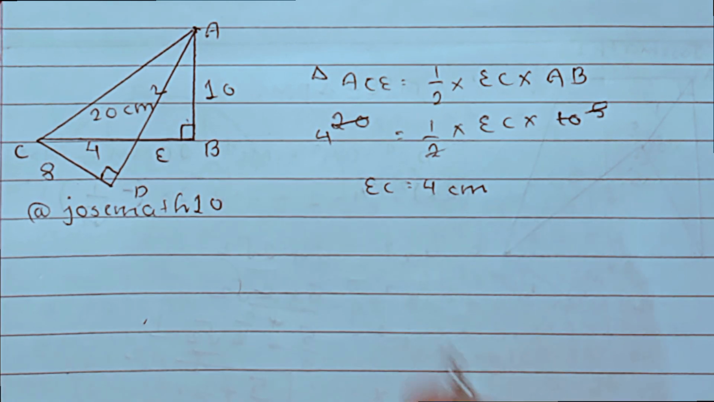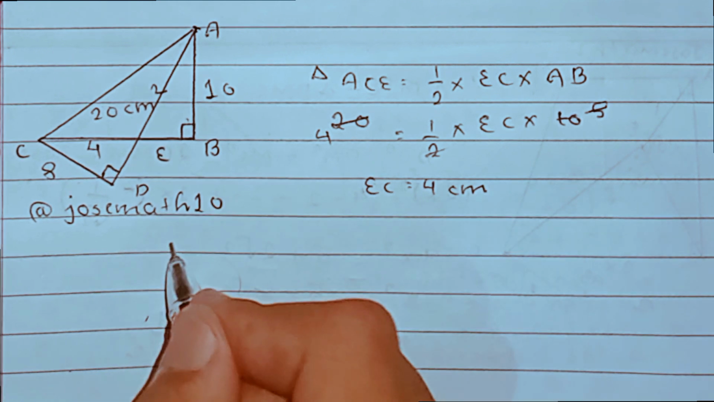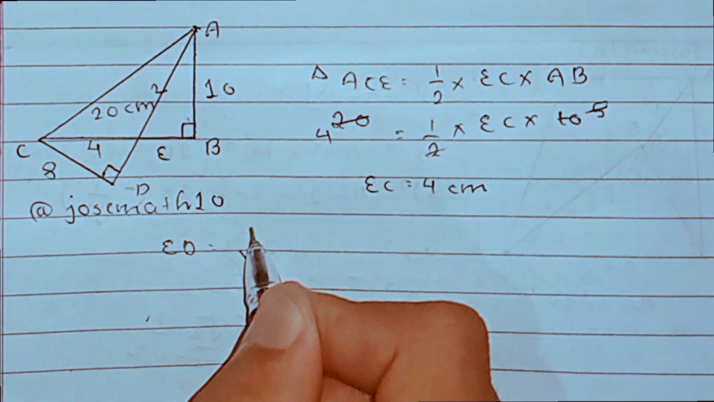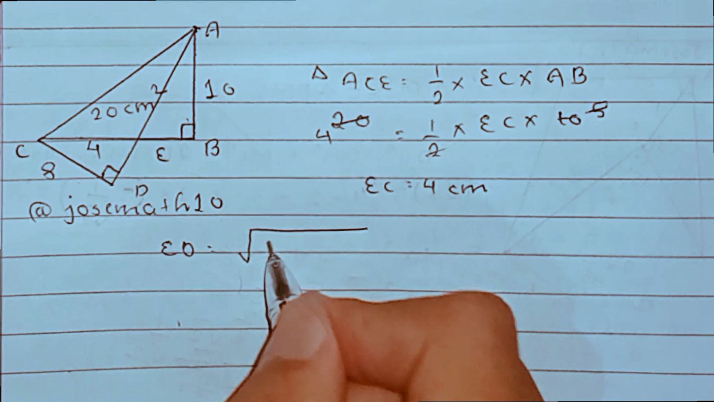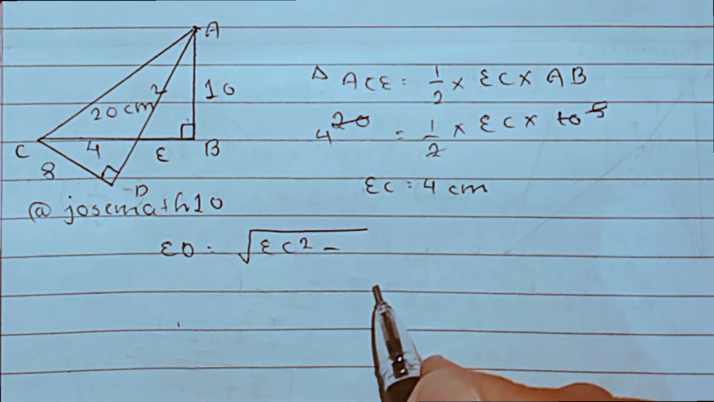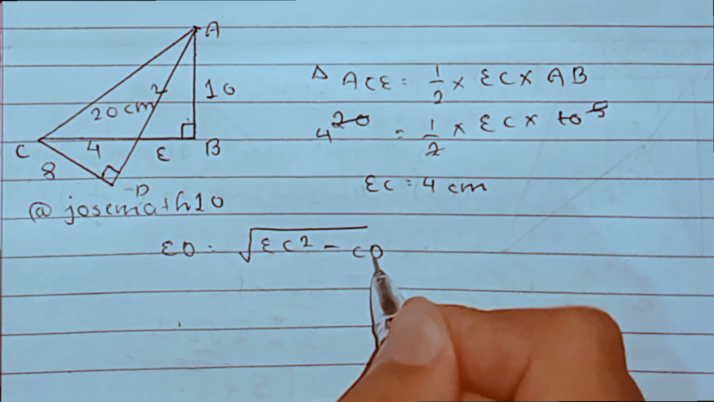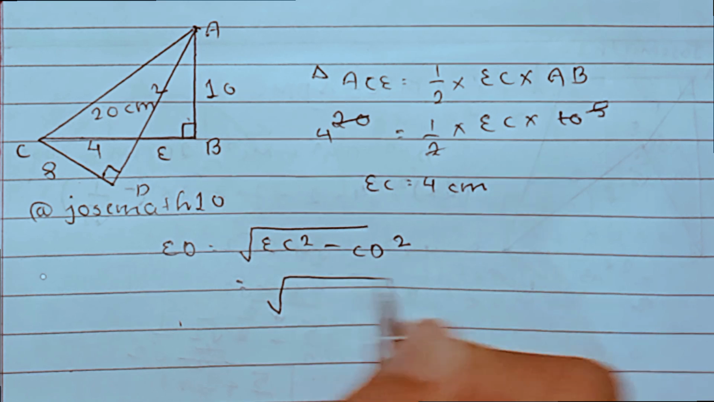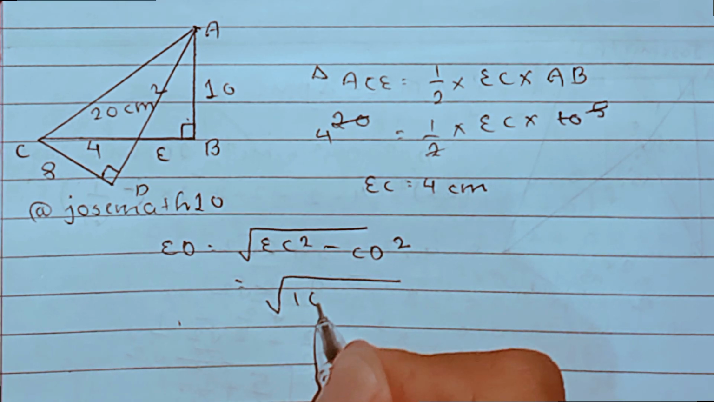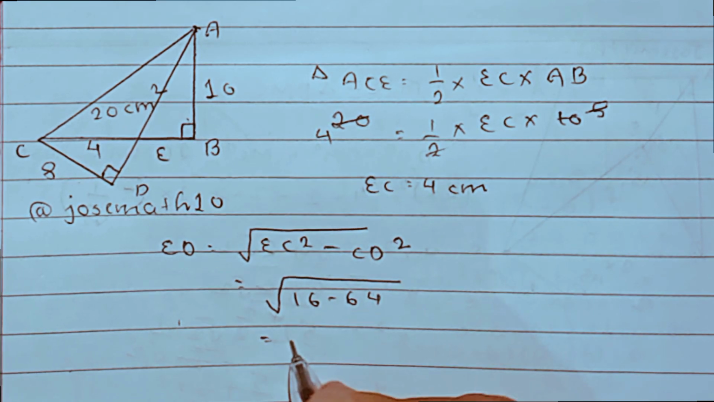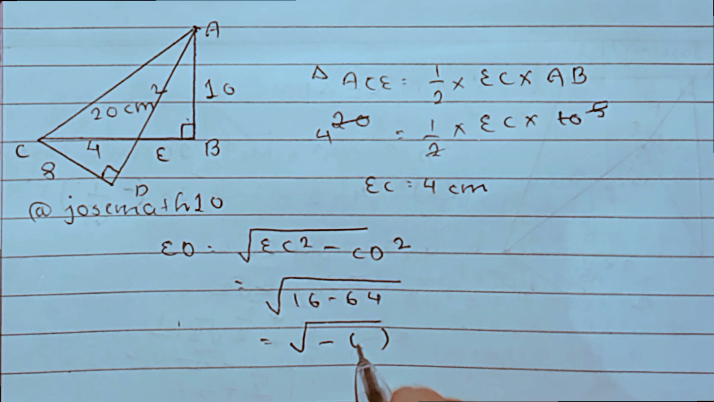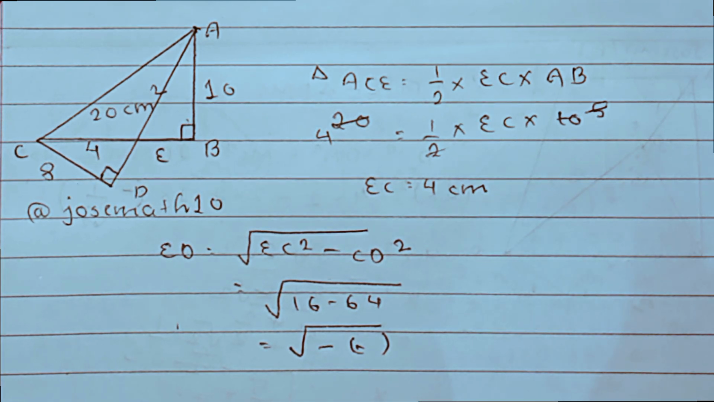Now we find the value of ED. To find the value of ED, we will use the Pythagoras theorem, which is the square root of hypotenuse, which is EC square minus CD square, is equal to 4 square, 16, minus 64. So we will get some negative number, and hence this question is wrong because we can't take the square root